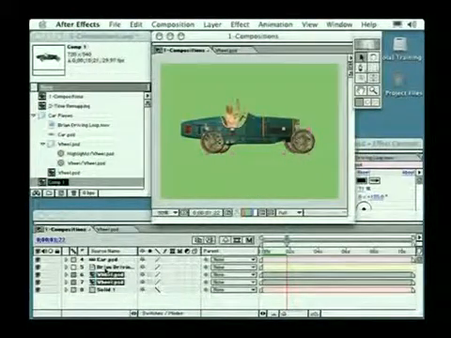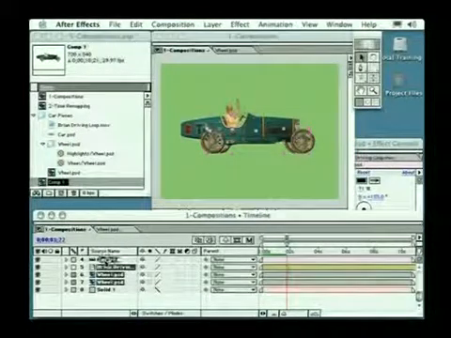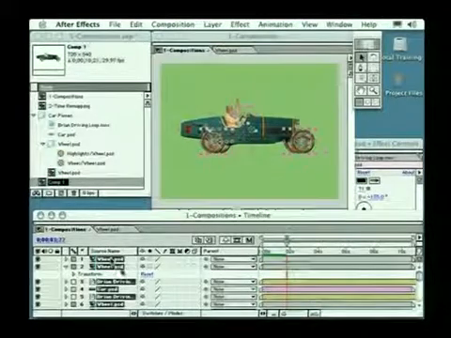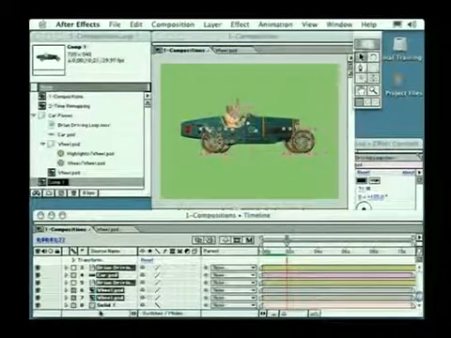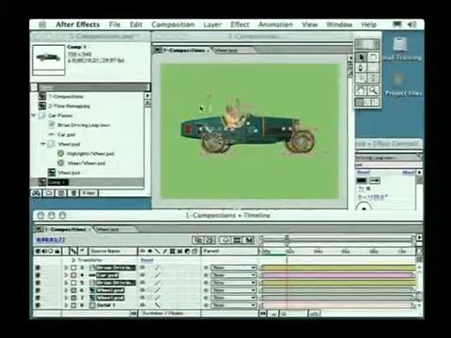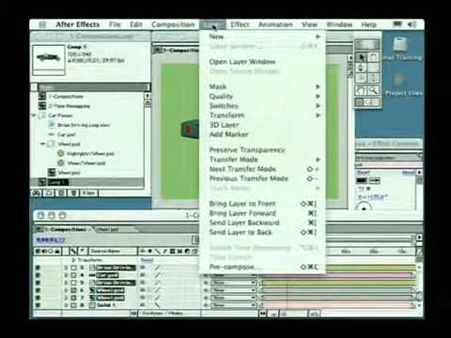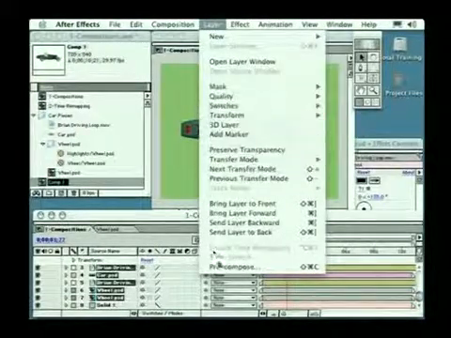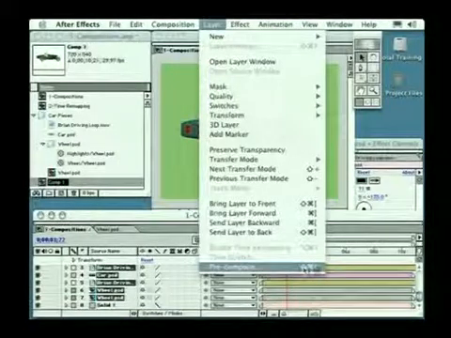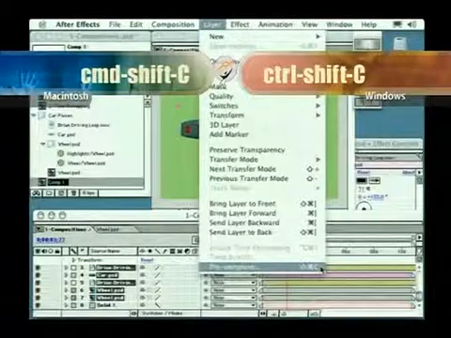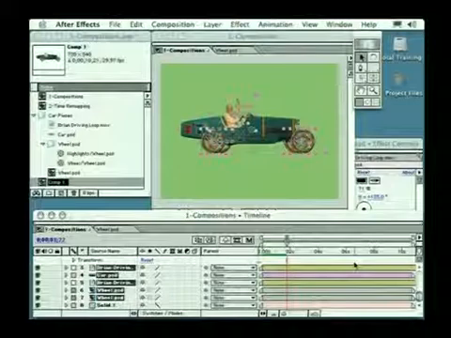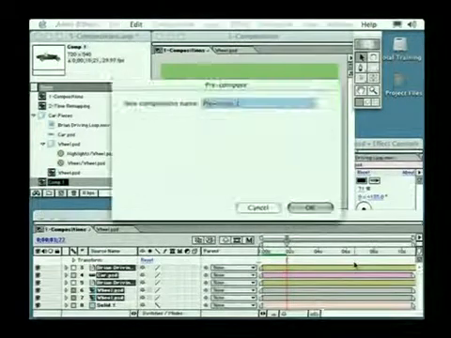The answer is pre-compose. So let me select all of the necessary layers that we have to work with here. Is that everything? I think it is. I don't want the background solid. I just want everything else involved. And now we're going to go up to the Layer menu, and the very last choice at the bottom is Pre-Compose. It's one of the most important keyboard shortcuts you can memorize, Command-Shift-C for Pre-Compose. Learn that keyboard shortcut. I'm going to use the keyboard shortcut, Command-Shift-C, and